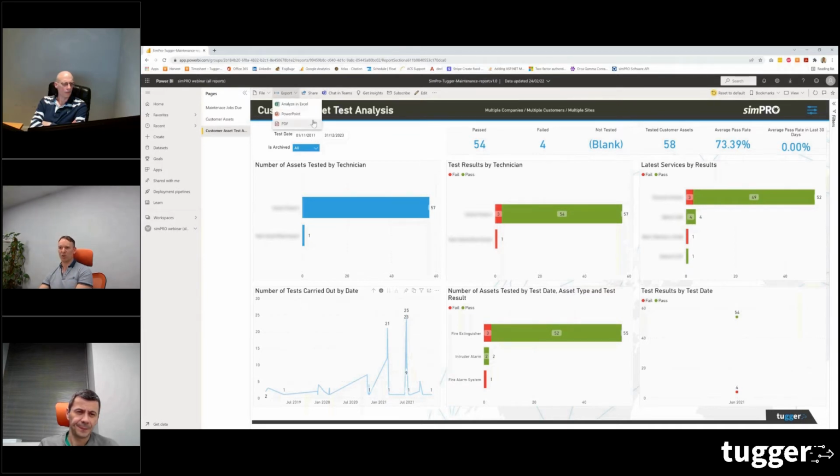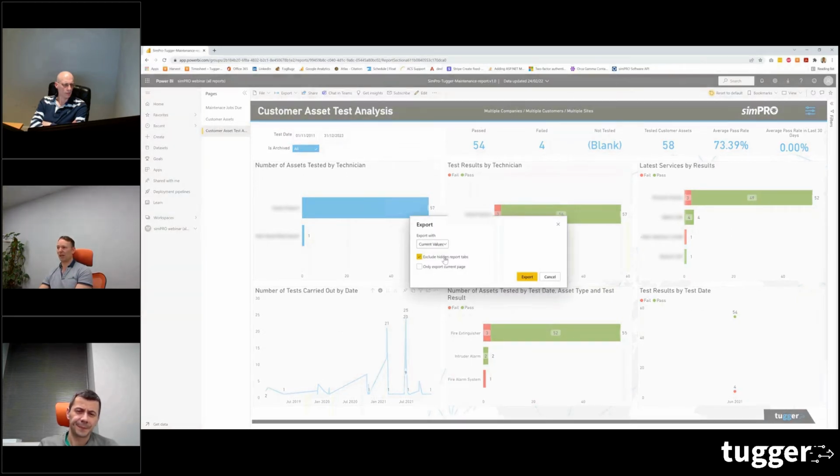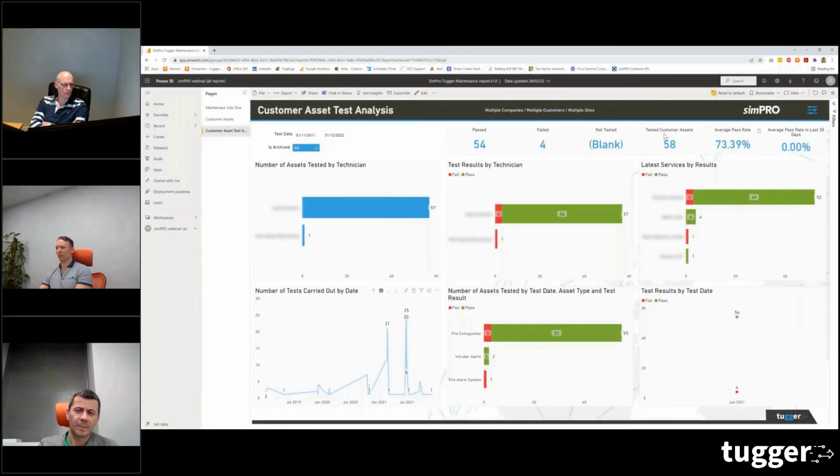Things like being able to export to PowerPoint and to PDF. If I want to export this report to PDF, literally just click on PDF. I can either export the current values, or I can use the report default values. In terms of the report default values, if you ever want to reset the filters that you've got set up,